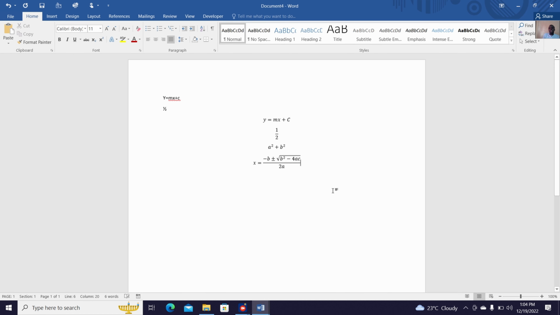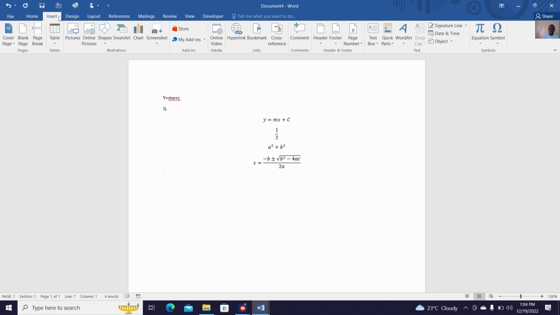That's how a quadratic formula is typed. It's up to you to find out how you can create different equations in Word. So I've demonstrated to you how you can go about that. Another thing that I want to show right now is how to insert